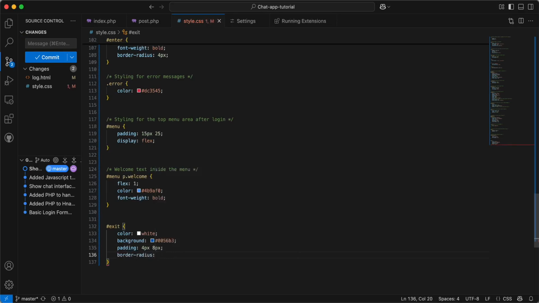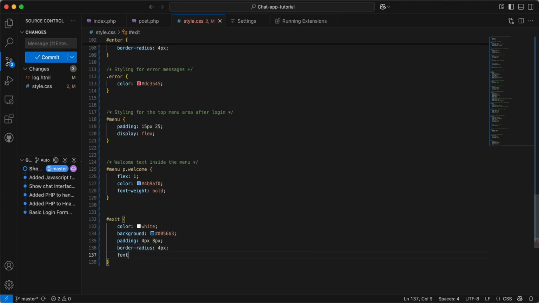Border radius 4px. Font weight will be bold. And for the exit button,